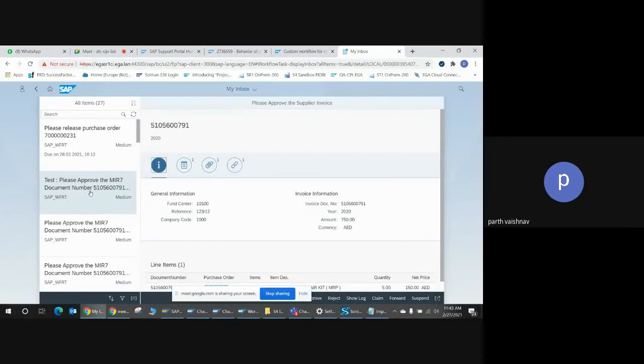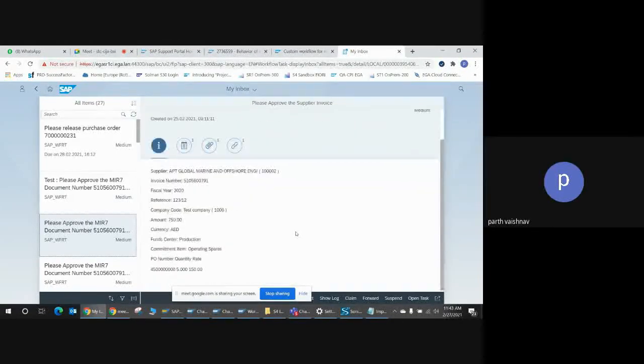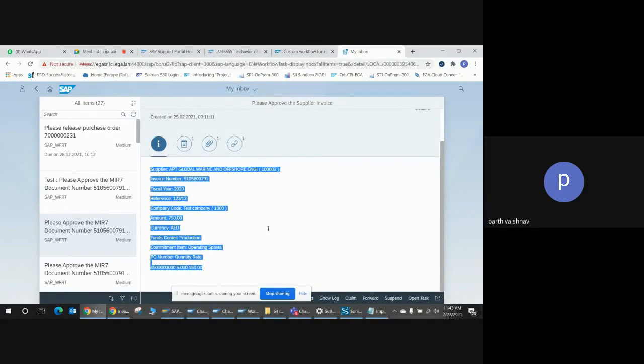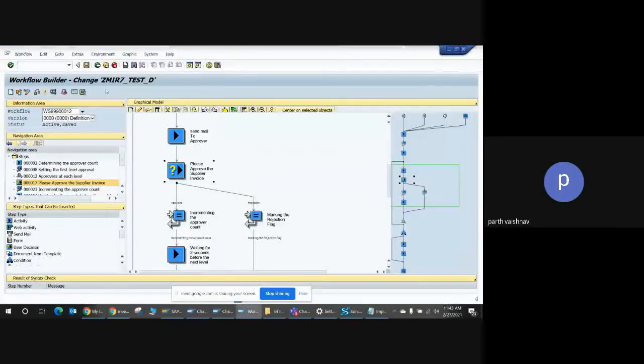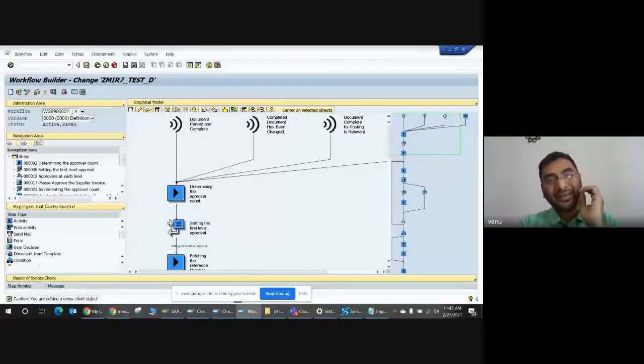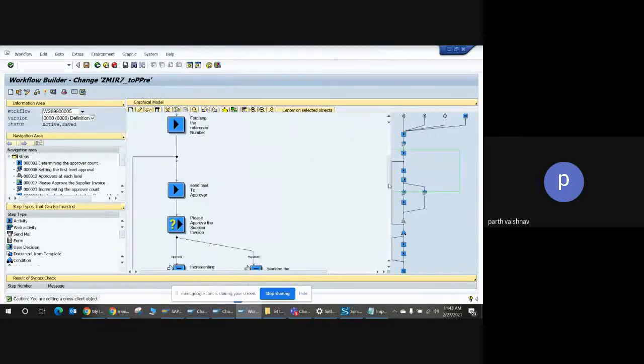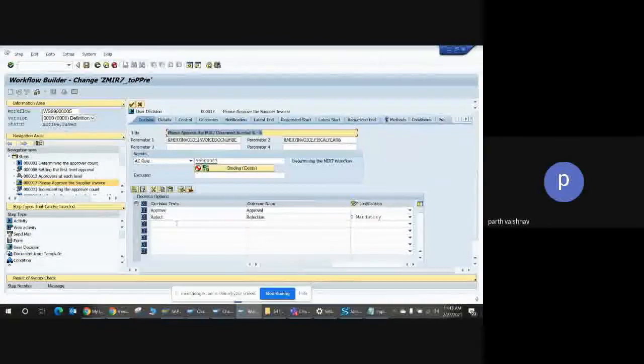But if I tell you, this is the one which Venu has shown, and there is one more. Are you able to see the difference in the UI of the task? Yes. This is one old workflow I had, where we are triggering the data directly from the workflow. There is no CDS, there are no artifacts, there is no annotation. So this is another workflow.